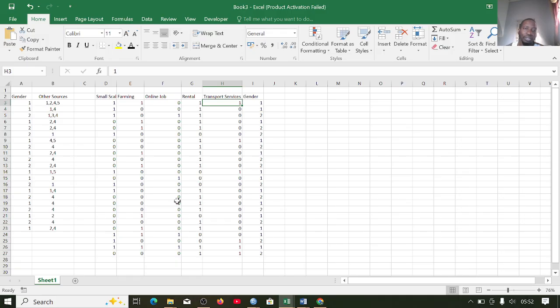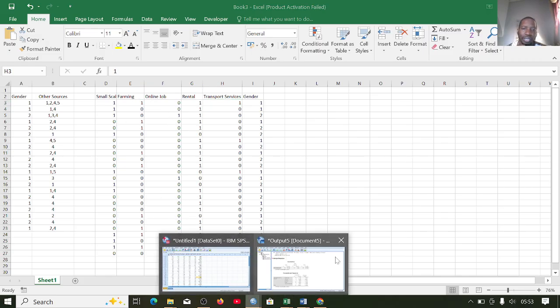So first of all, I will try to use SPSS so that we can see the process and how lengthy the process is. Then we'll also utilize ChatGPT to obtain the same outcome to see which one is easier and simpler to use. So what I will do, I will come to this SPSS,